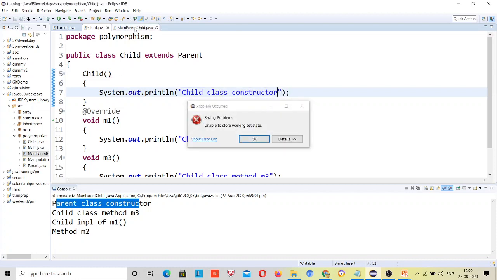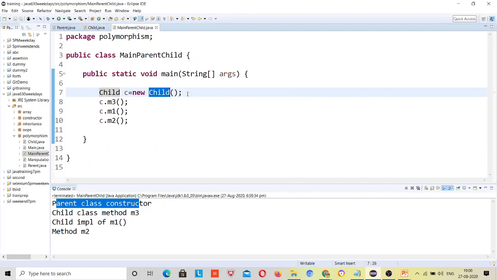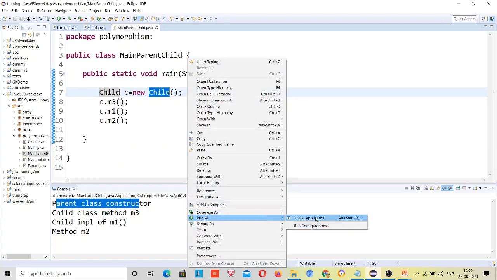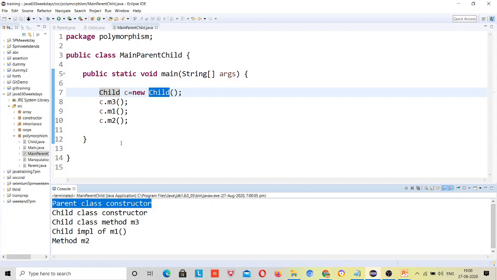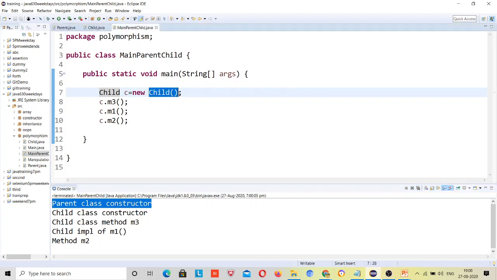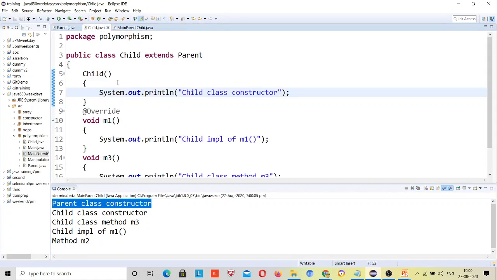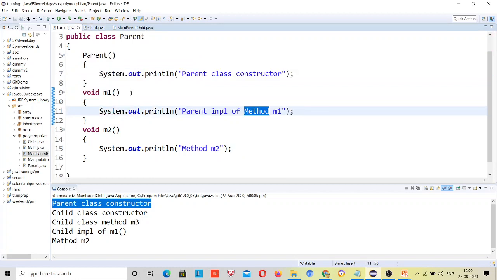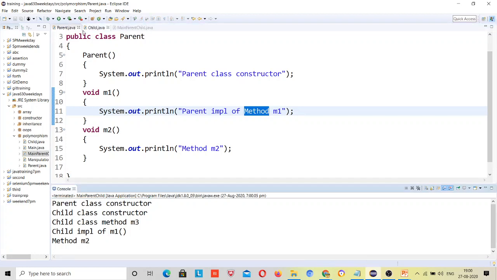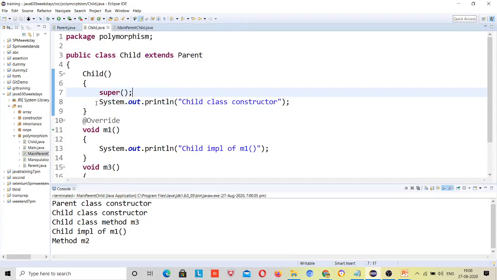Now let me run it and then I will explain it. Here you can see parent class constructor. First the constructor of the child class is called, and last session I had told you that super is written by default over here, right? So it went to the parent class constructor, wrote it there, then came back to the child class constructor and printed, right?